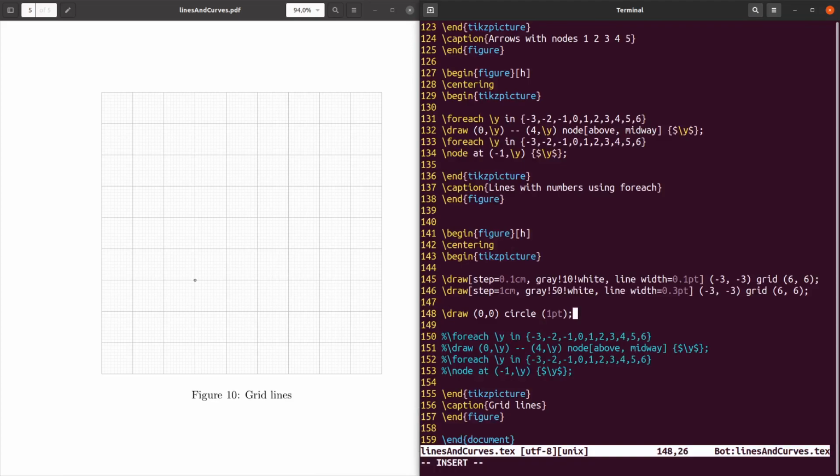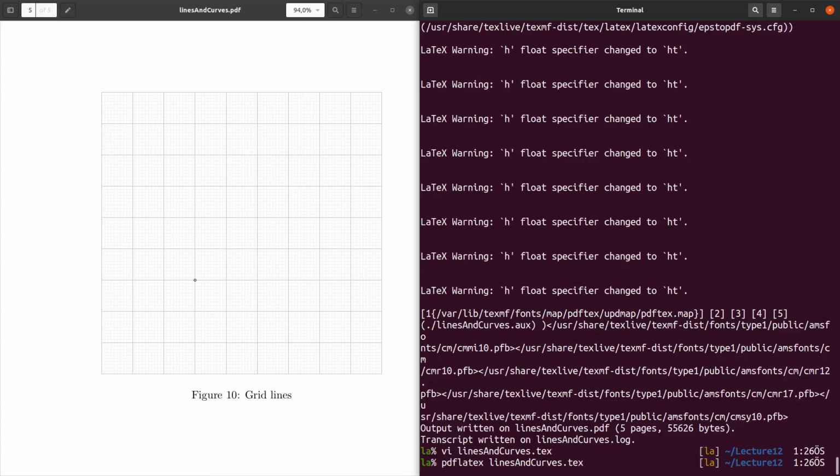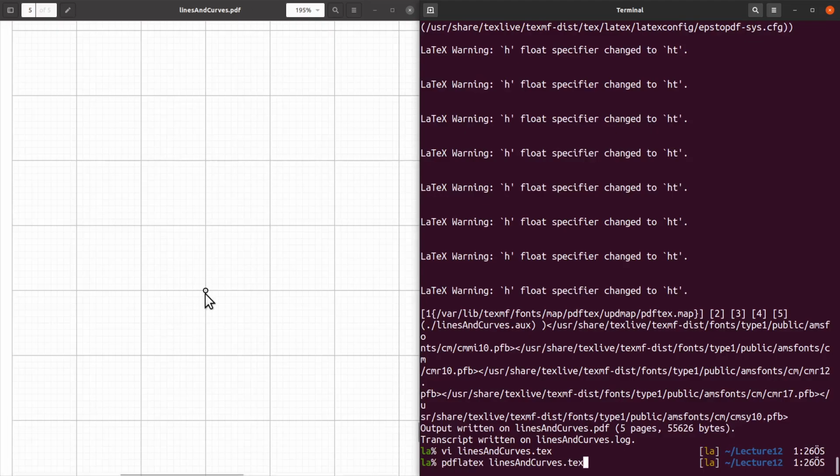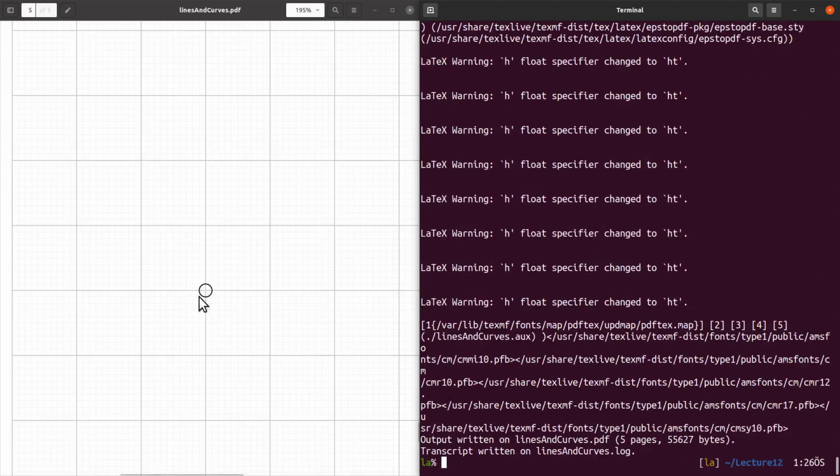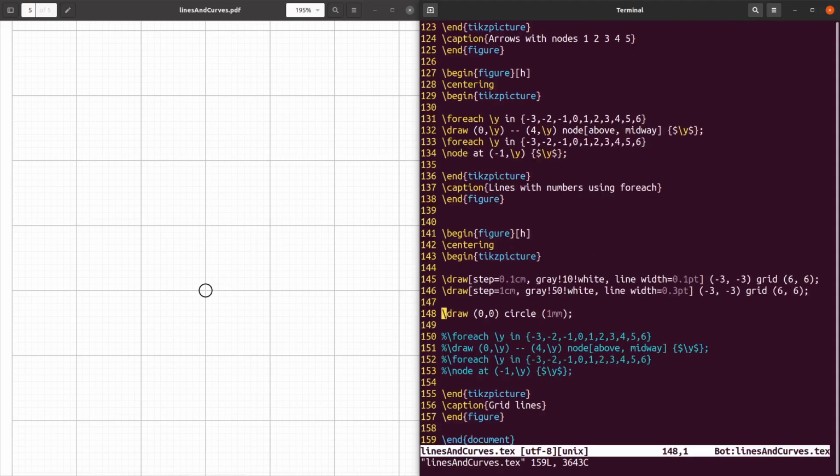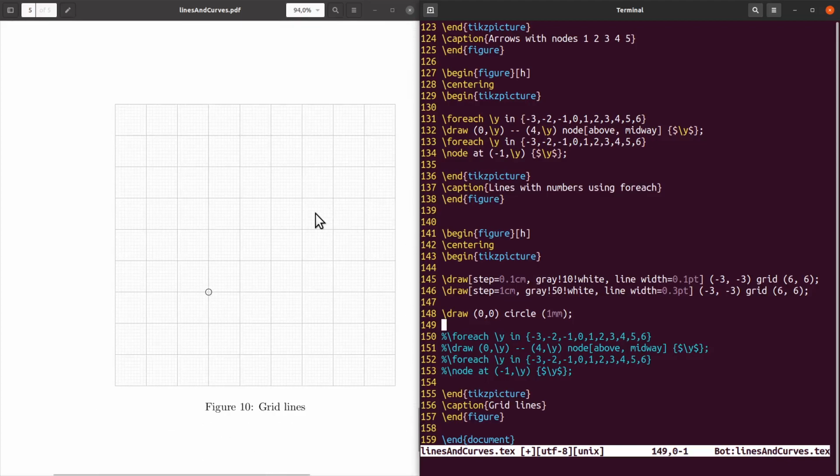Or if you don't want to use the pt, you can use 1 millimeter. When we do that, we will see that the radius of this circle will be 1 millimeter, so the circle will be in these 4 squares. Okay, if you make it like 0.5 millimeter, it will be half. Anyway, now this is our 0, 0 location, but like we cannot calculate this location by just looking at this one,